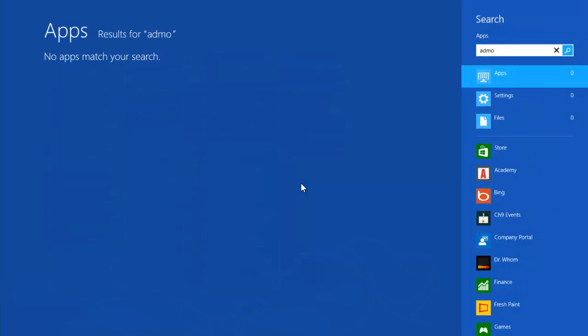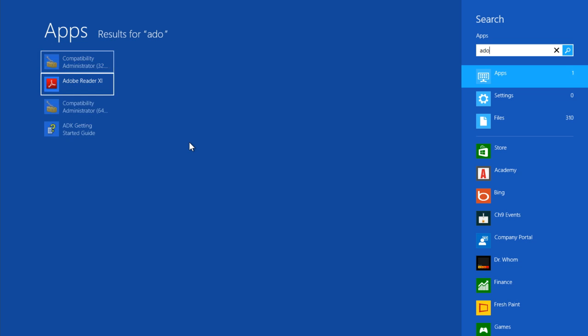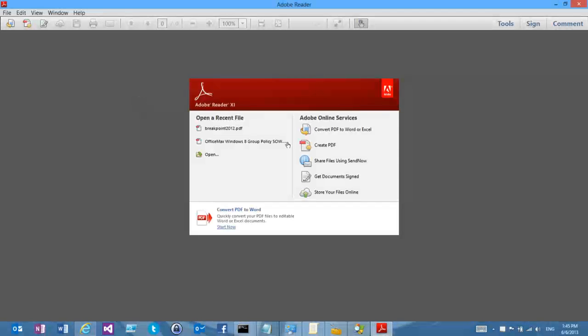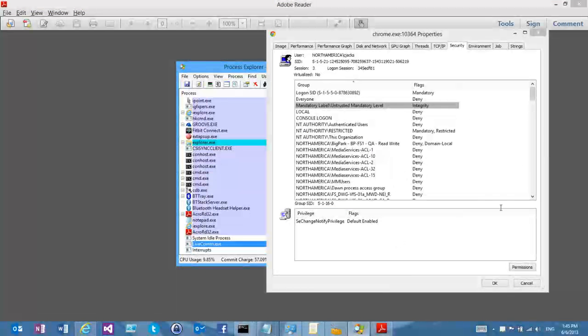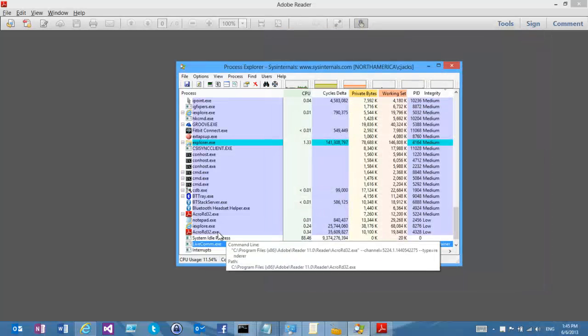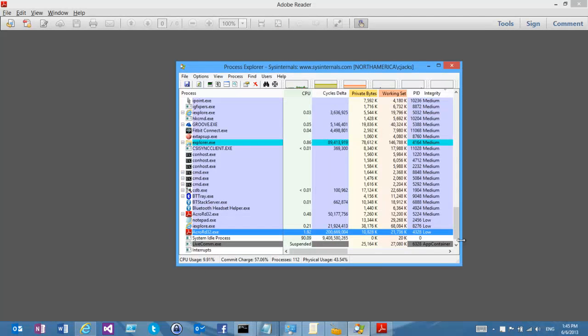Adobe Reader. Whoop, that's if I spell it right. I'm still not spelling it very well. Adobe Reader, starting with Adobe Reader 10, also runs at low integrity. And you're starting to see more and more apps. Office 2010 Protected View is low integrity. This is foundational. I can start to isolate and put these things into a bit of a sandbox.